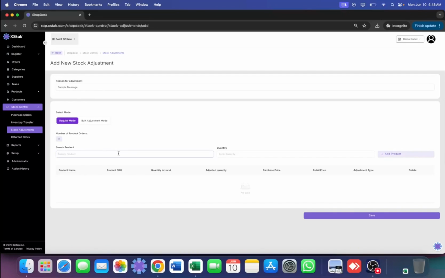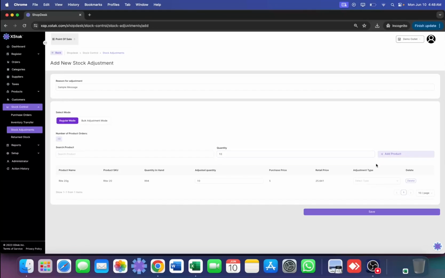you simply search for a product, define the quantity that you want to adjust, add product. You can select the same and press add, subtract, or replace over here, and that would enable you to conduct